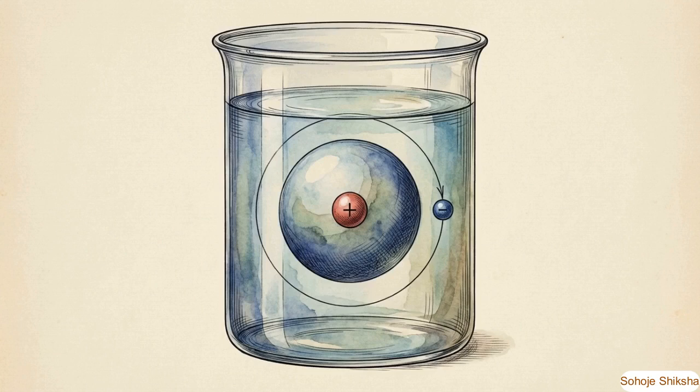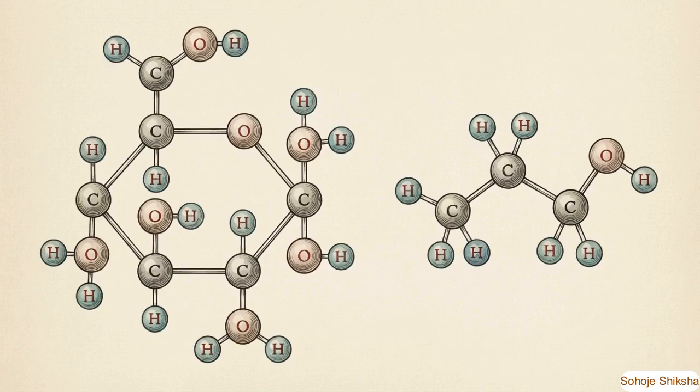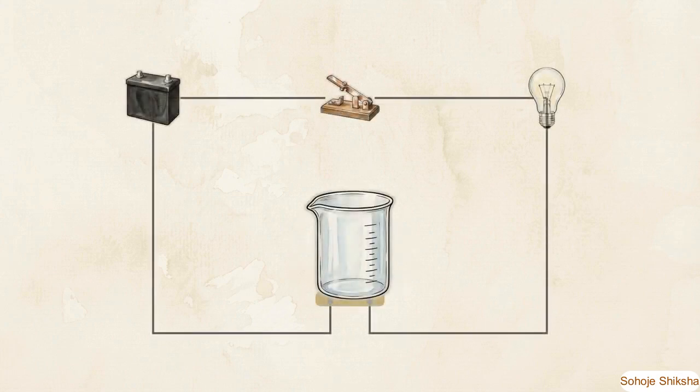Since acids produce hydrogen ions, it might seem logical that any chemical compound containing hydrogen would act as an acid. Take glucose and alcohol. Both molecules are packed with hydrogen atoms. If raw hydrogen content dictated acidity, these substances would be highly reactive. We test this by attempting to pass an electric current through separate aqueous solutions of glucose, alcohol, and hydrochloric